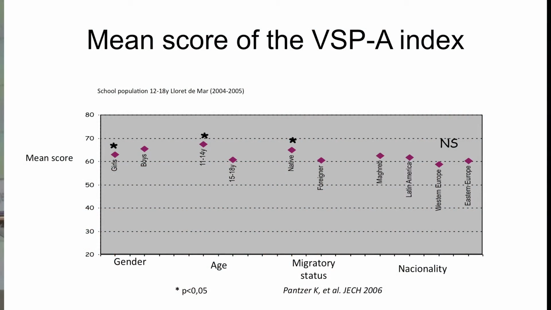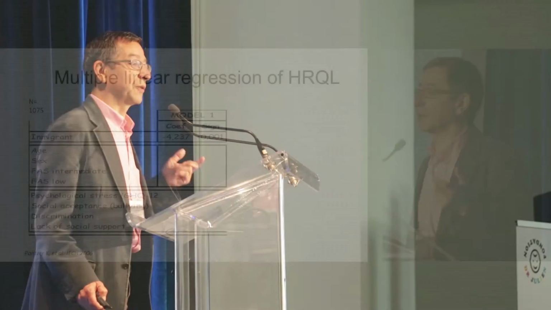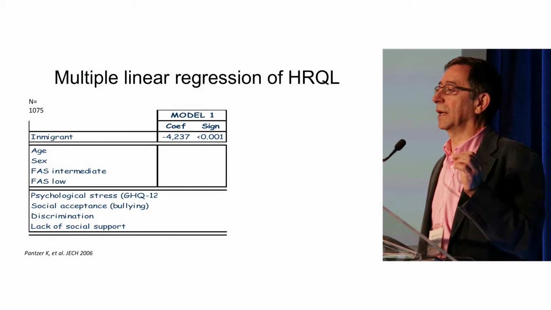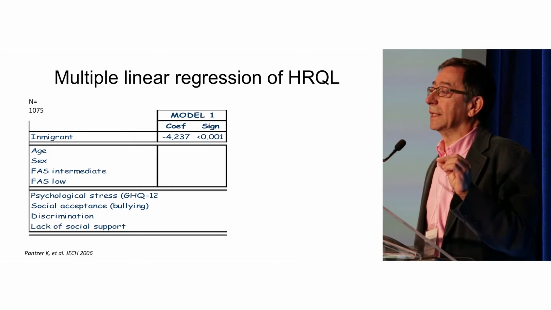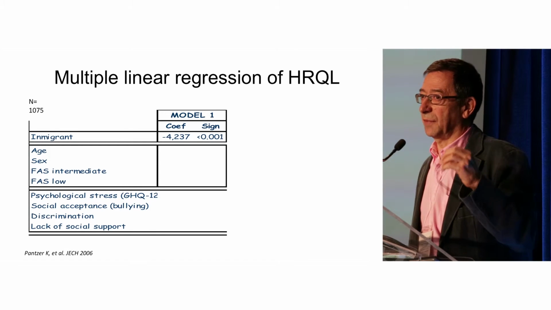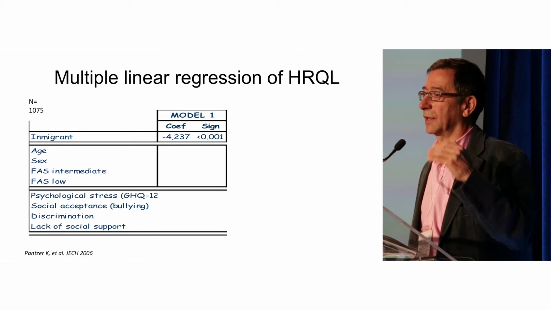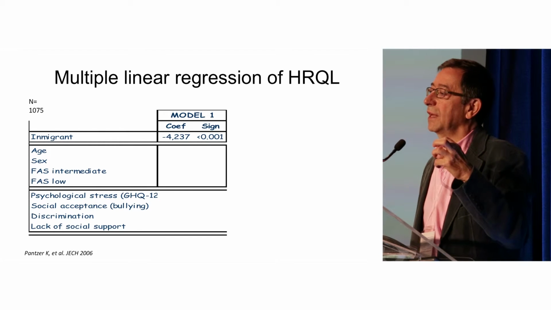As expected, girls showed lower scores than boys. Younger children had higher, better scores than older children, and natives had better scores than immigrants, without differences according to area of origin. Then we carried out a multiple linear regression model, and when immigrant was included, the coefficient was negative. That means it diminished the BESPA index score, the quality of life index,